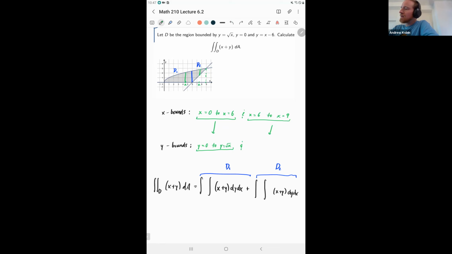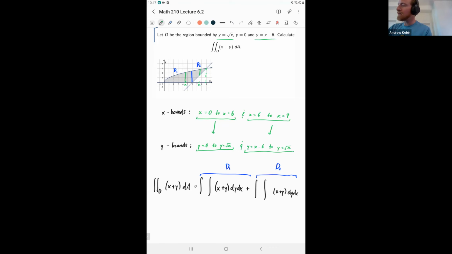Here's the line and the curve. We're ranging from y equals x minus 6, the line, up to y equals square root of x again. So these are more complicated integral bounds than in the previous problem, but let's plug all of these things in just to set up our sum of two iterated integrals, and from there it's just a process of carefully